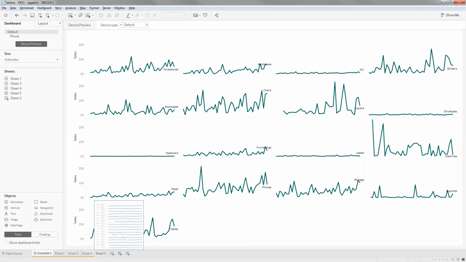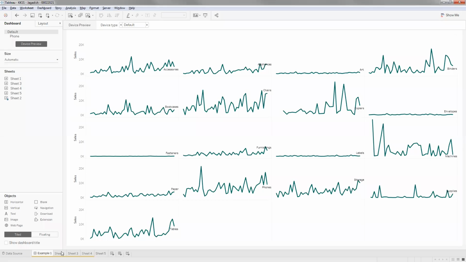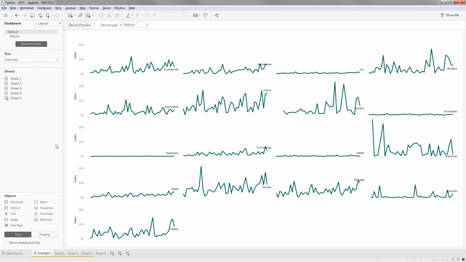Obviously there are multiple ways to attain this chart, and the one way that I used to choose up until recent times is to go ahead and create each and every chart.